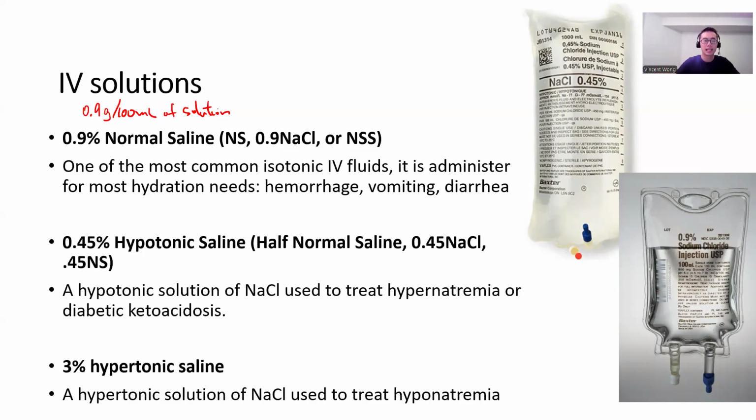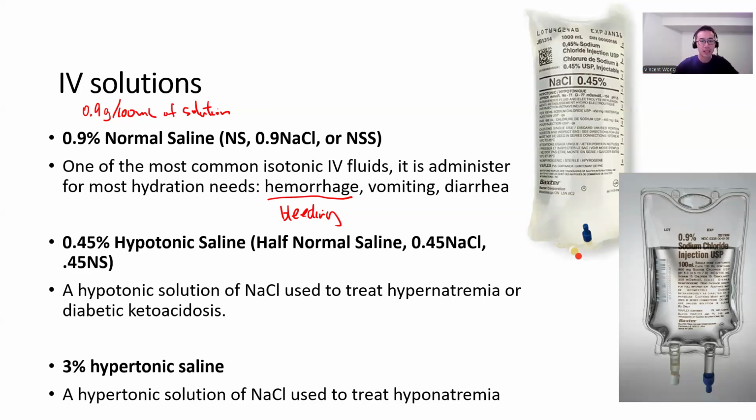So if someone is experiencing bleeding, hemorrhage is bleeding, vomiting or diarrhea, and they have lost quite a bit of fluid, then you would give them the normal saline to rehydrate. We can't just tell them to drink water, right? Because if you're losing a lot of fluid and you just drink regular water, that's going to dilute your blood further, risking the blood condition becoming hypotonic. So we have to rehydrate with